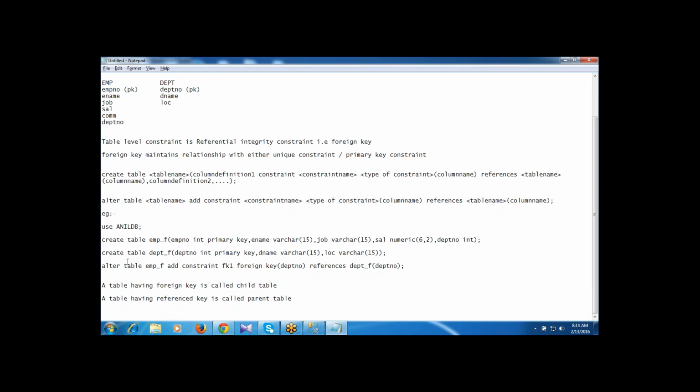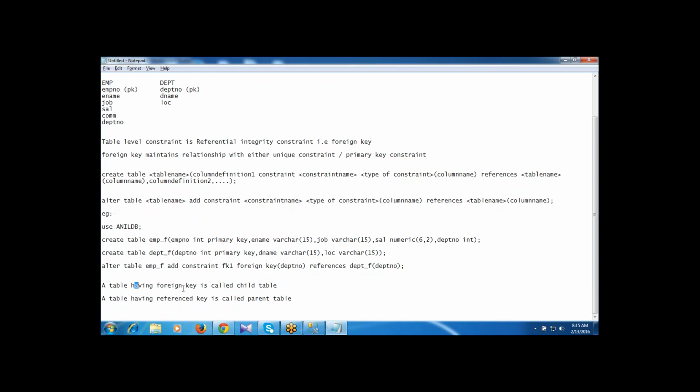So before inserting into the child table, in the EMP table we also have the department number, right? In the EMP table I'm trying to insert the department number value 10. That 10 should be there in the DEP table, because while inserting data into the EMP table, it checks whether the corresponding information is available in the DEP table. It refers to the DEP table. If the data is there in the DEP table, then the row will be inserted into the child.